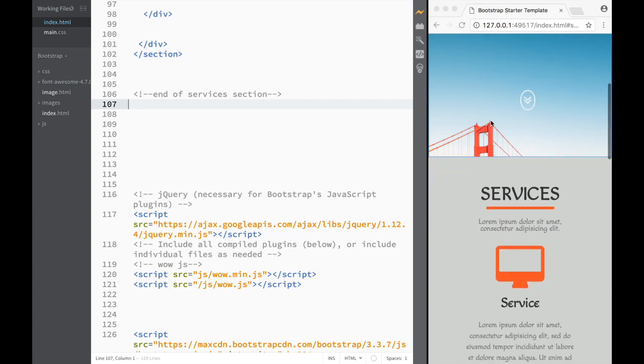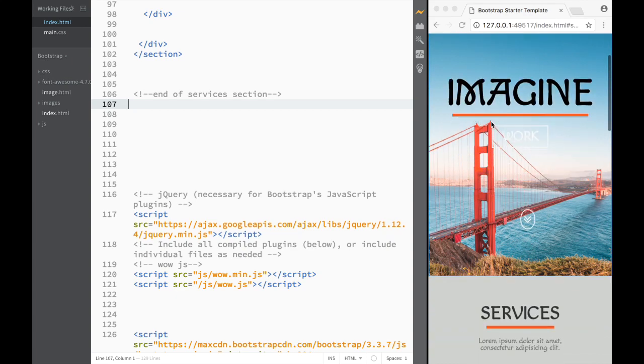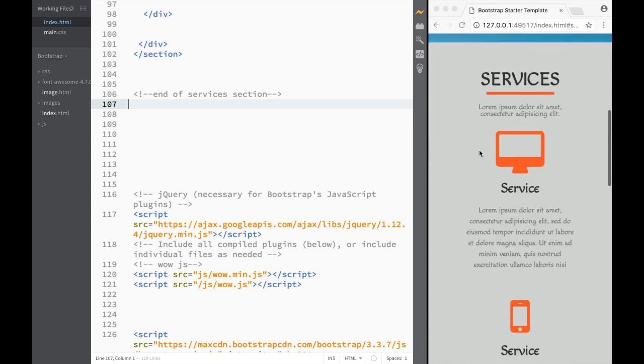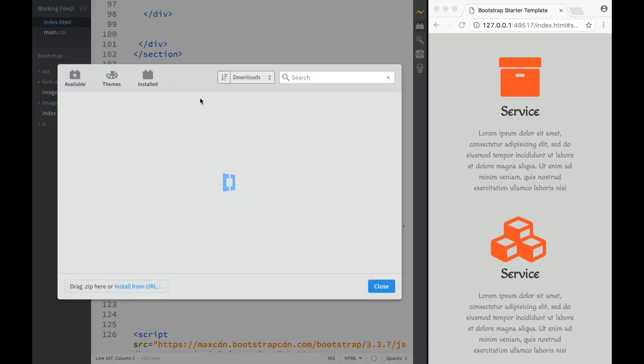Now that we're done with the first two sections, you can see that we have a banner, the header, and then we have the services section. So the next thing I would want to show you is actually two things related to Brackets extensions. And the first one would be if we go over here to the Brackets Extension Manager,